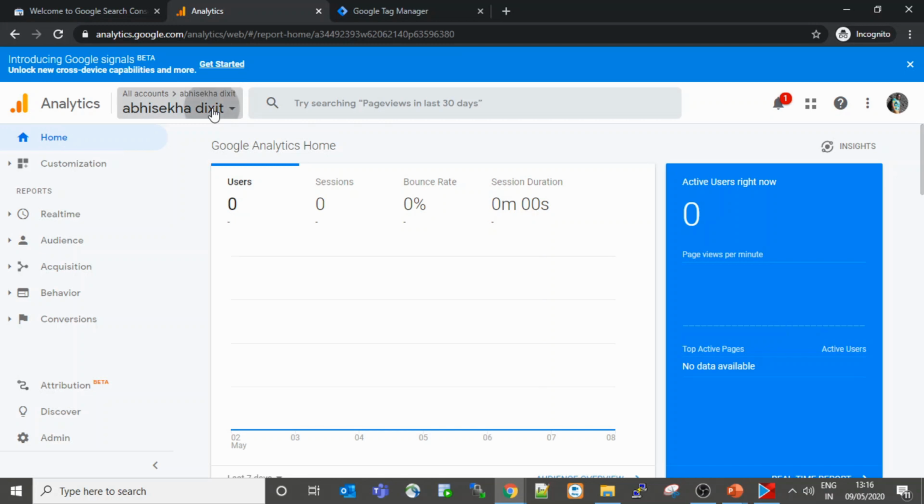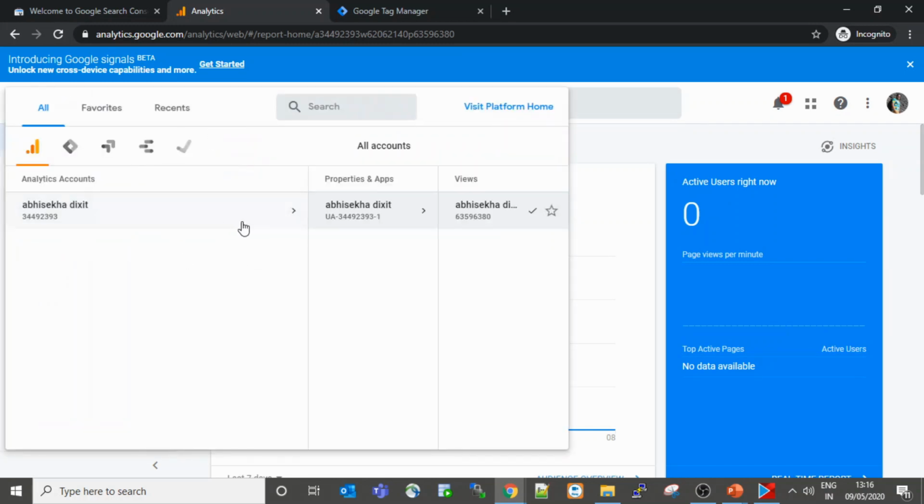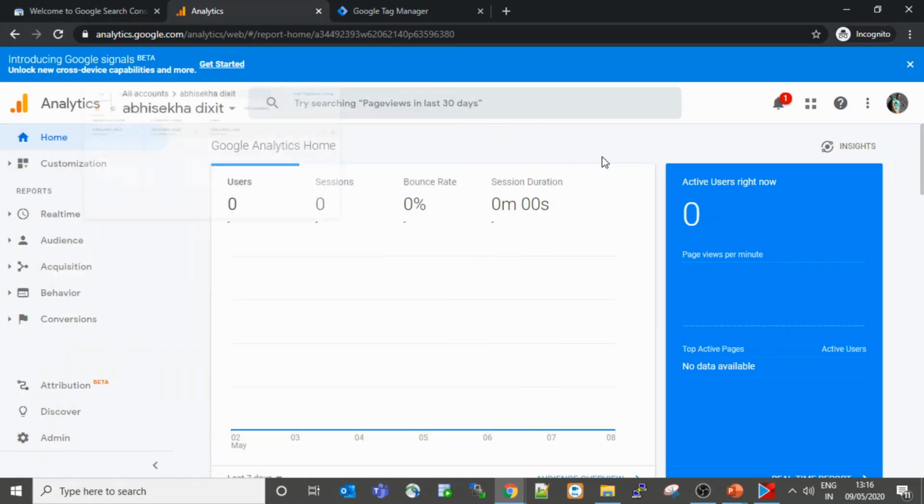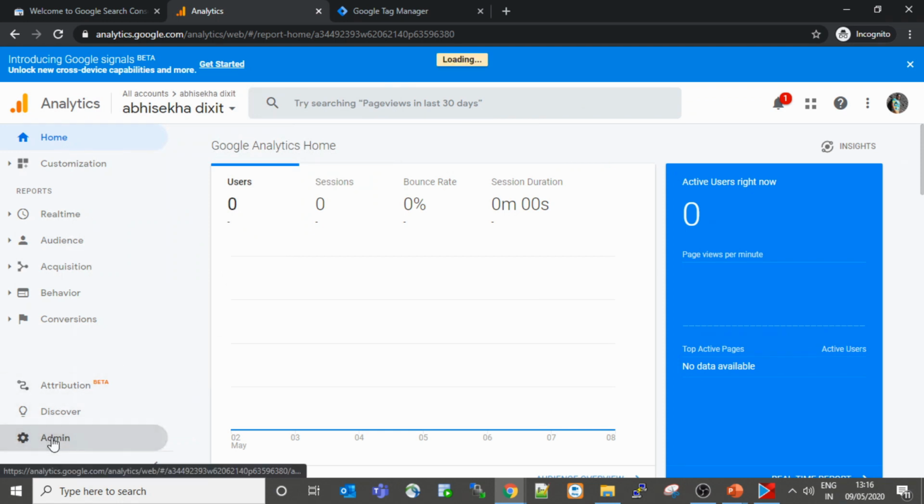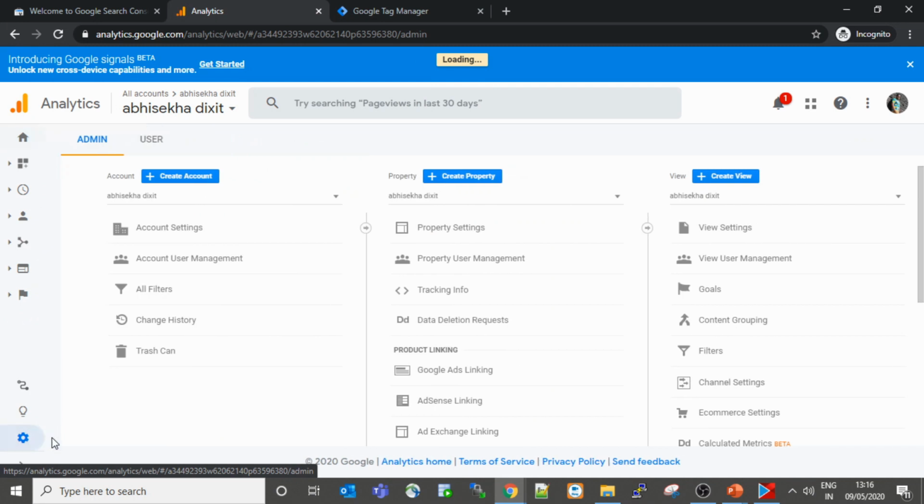This is just showing as a demo. Okay. So there will be a tracking code which you will find once you log in, over here. If you are not using Google Tag Manager in the initial period, then you can just go ahead and do this one.